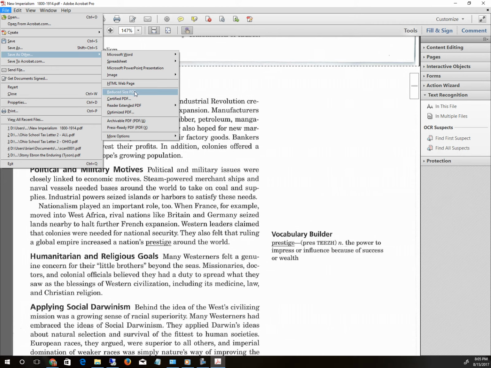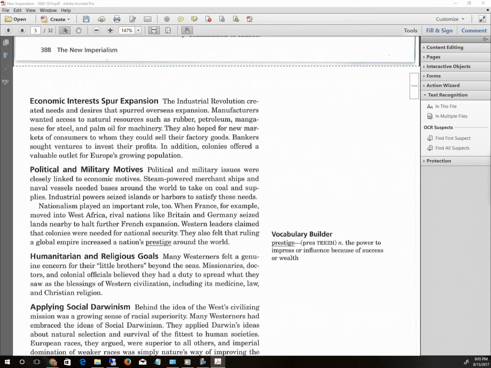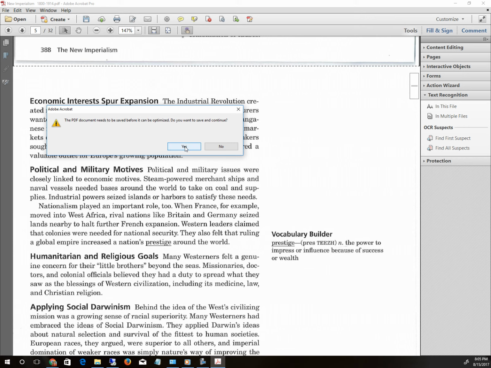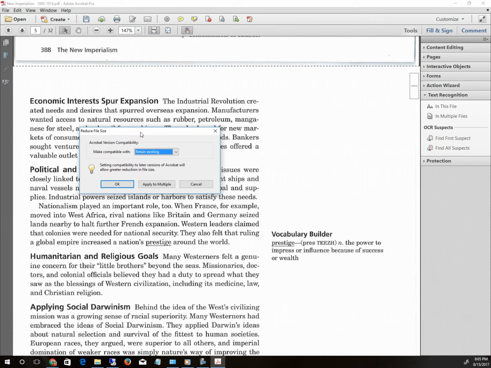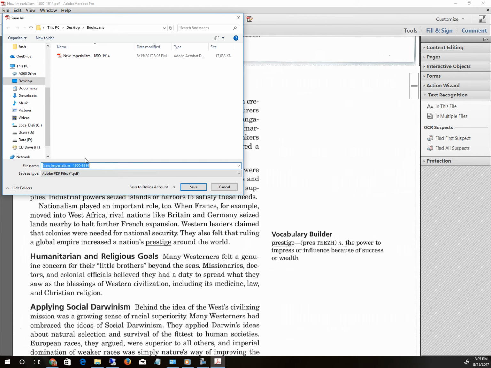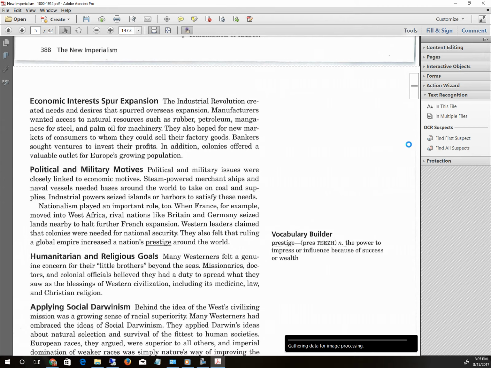So I'm going to do a reduced size PDF, and then it says, are you sure you want to save and continue? I'm going to say yes, and then it's going to ask me if I want to retain the existing capabilities. I say yes again, and I'm just going to change the name here so you can see the difference in the size of the file since I did that. So it's going to process the images and downsize those a little bit as you're going through it,